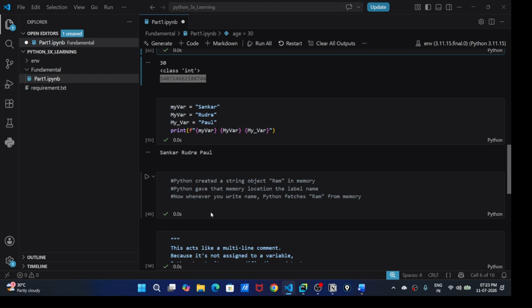Now let's talk about comments. In Python, how do we define a comment? A comment is something that Python ignores while running.